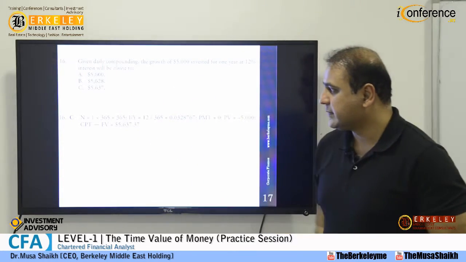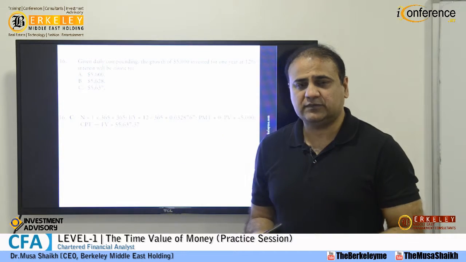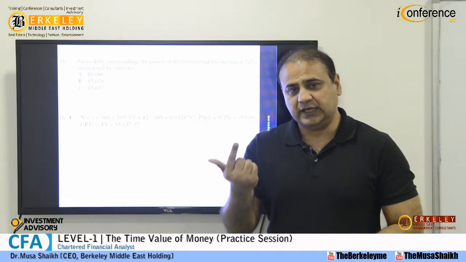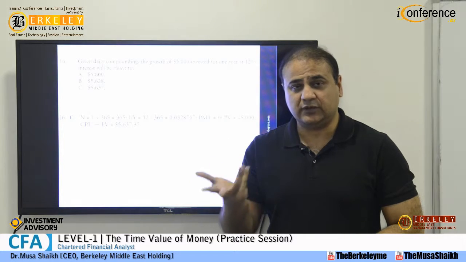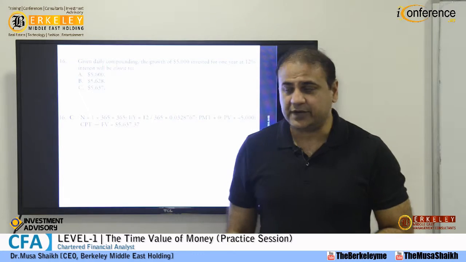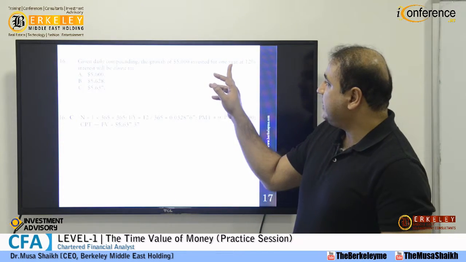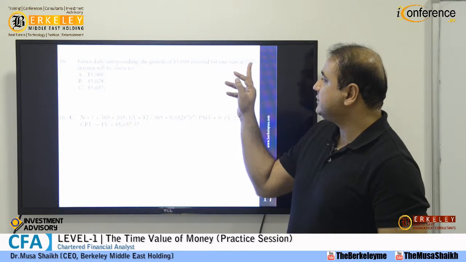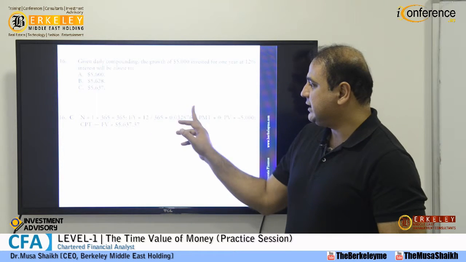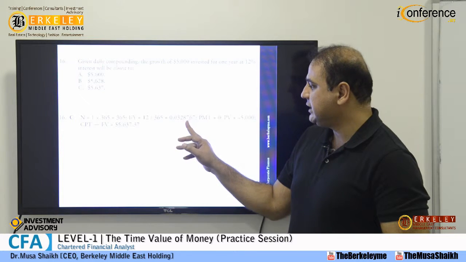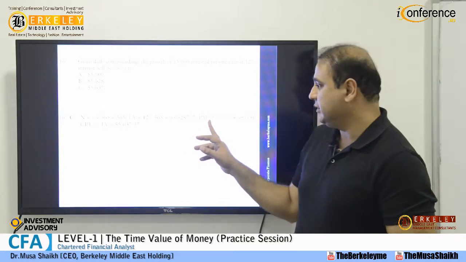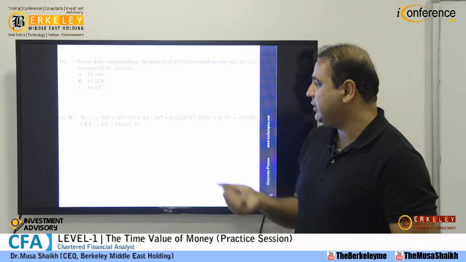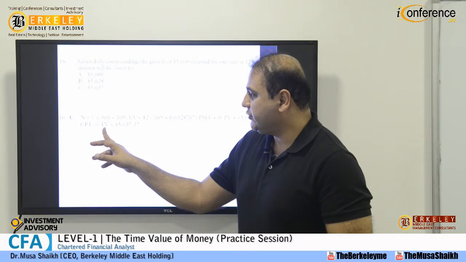Moving forward, he says given daily compounding, the growth of 5,000 invested for 1 year at 12% interest will be closest to what? So first of all, this is the same question that we discussed in our study session, that we can have daily, monthly, quarterly, semi-annual and annual rates. So first of all, 1 year, so 1 into 365 for N, and IY, because it is 12%, will be divided by 365. That is 0.03287. Your series of payments is not described, so it will be 0. Present value that you have to invest today is 5,000. We add a minus sign to it, and if you compute, your future value will come out as